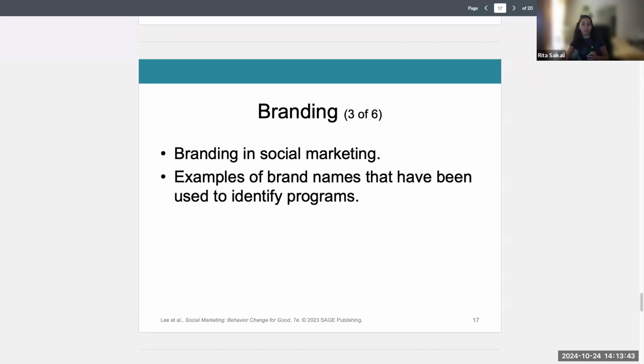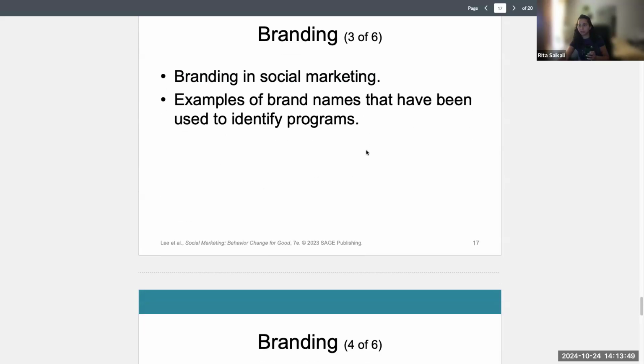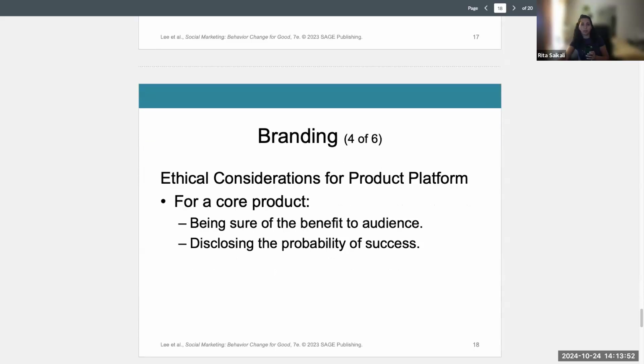And then branding is not just used, sorry. This is really just so ethical considerations when branding are very important. So for a core product, ethical considerations could include being certain that the benefits are real and achievable for the audience. So it's crucial to disclose the probability of success from the very beginning. So saying that if you take this, it's not a guaranteed 100% that you will succeed. Maybe there's a 60% chance that you will quit smoking. And you have to be very transparent about that,